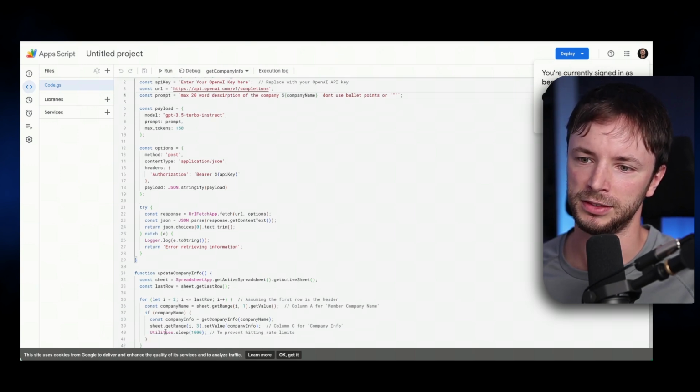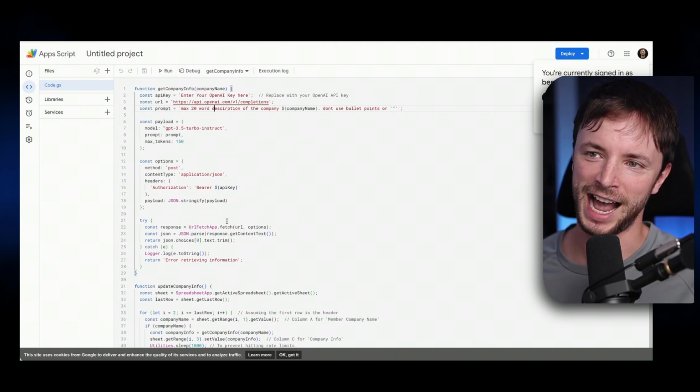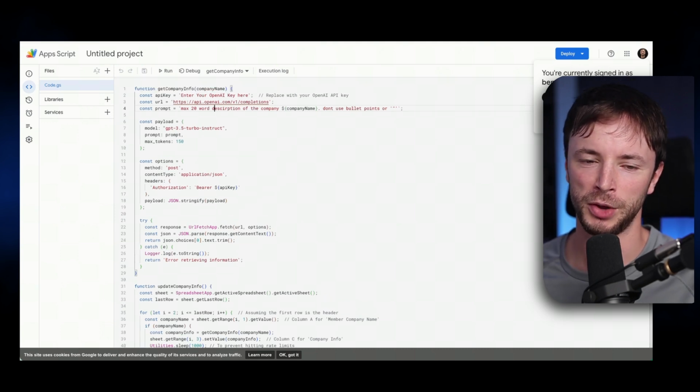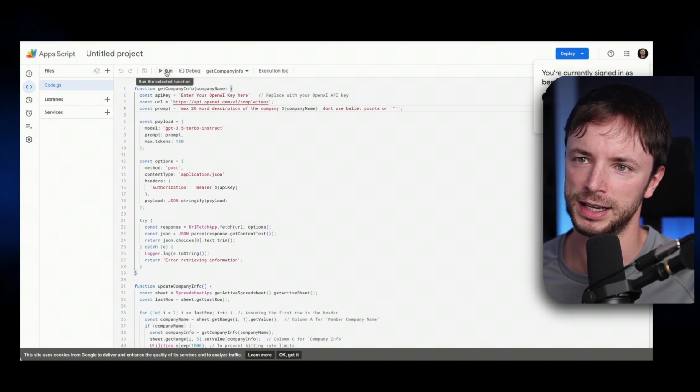You can go down here. There's a couple of things about how quickly this run rate happens because you didn't want it to freeze up. So it doesn't go super fast. It goes at a pretty steady pace. But I'll show you in a second. But once you hit run,